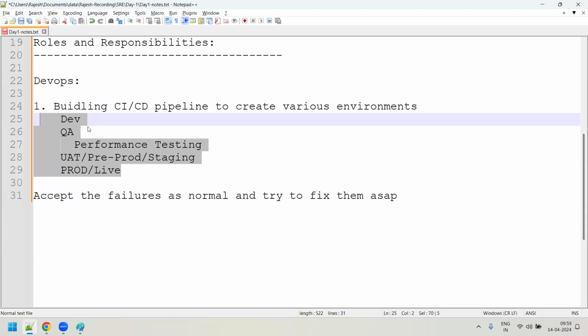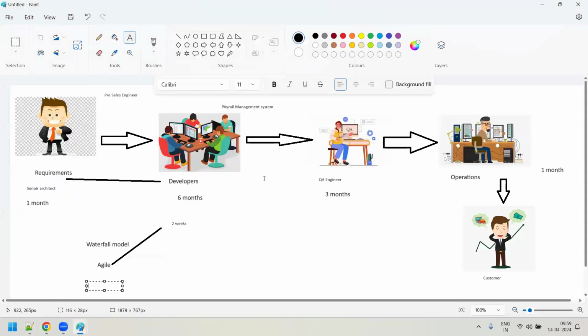Clear, guys? Now, apart from all this development activity, this is a common, normal flow. Every organization might use a different process altogether, but you could see that at the end, this is what exactly happens in every company. You have requirements, you have development, you have testing, and you have operations, and finally you hand over the application to a customer. This is normal, but there might be many other changes which each and every company incorporates,